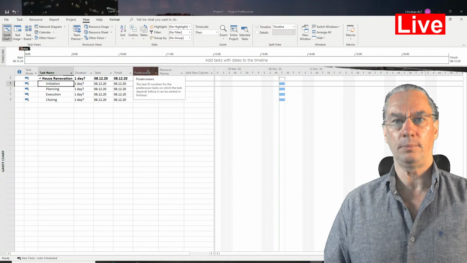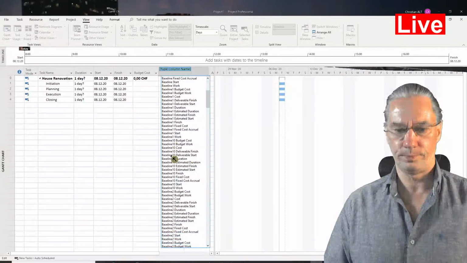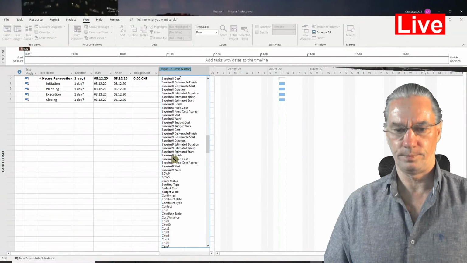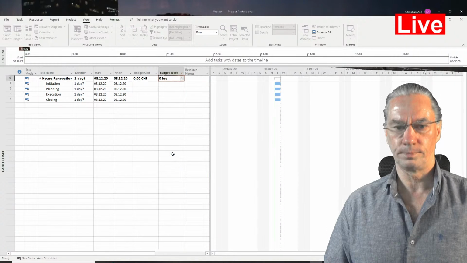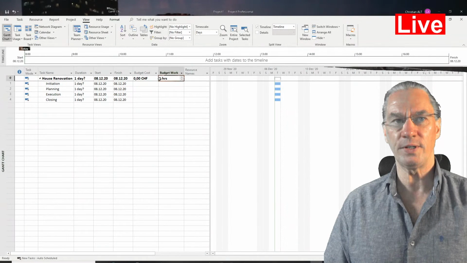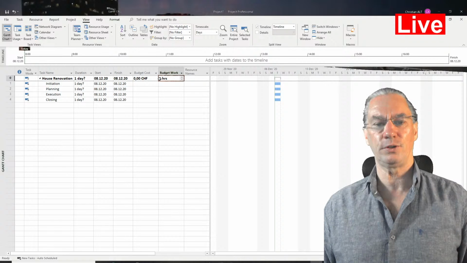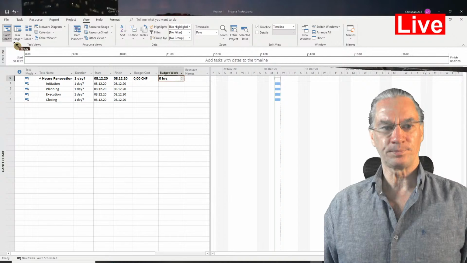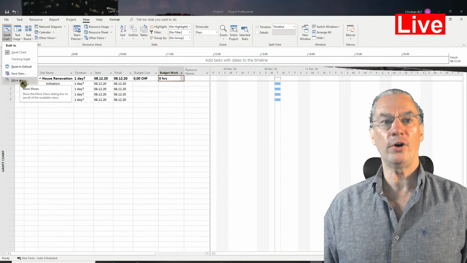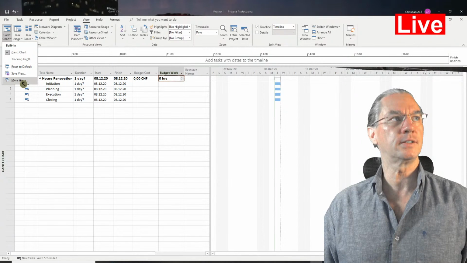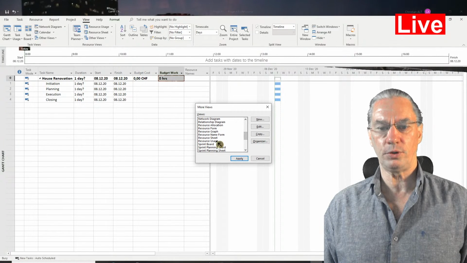In order to see budget information, I have to add columns here. That is the reason why this summary task was so important to me. So once I've done that, I will take another view by going down and looking at more views. And what I'm looking for is the resource usage.